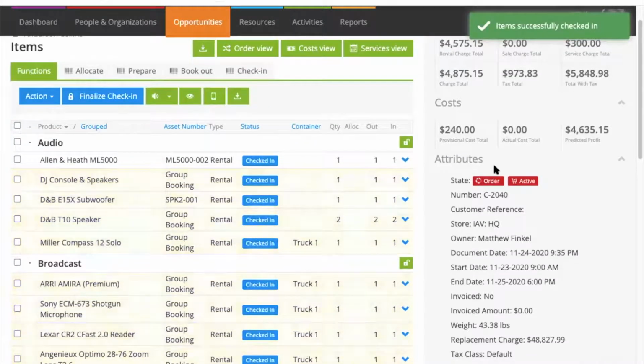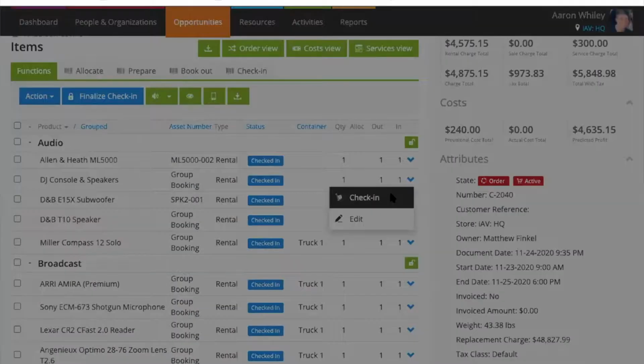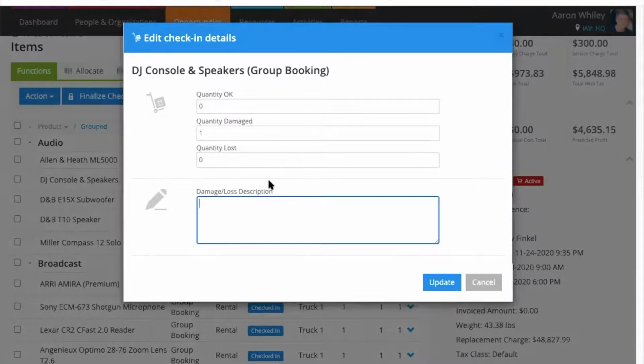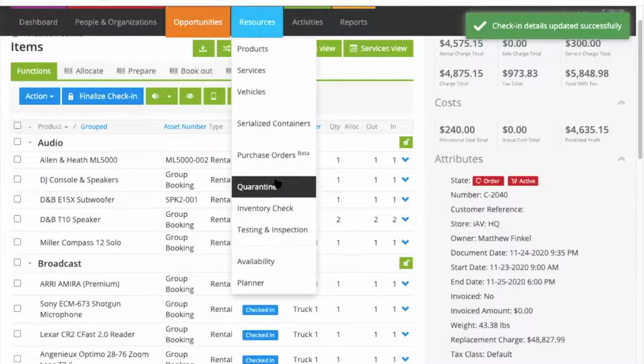And from this view, you can actually check things in as damaged or lost as well. So say, for example, this particular DJ console and speakers was damaged. We can just click into that using the blue arrow and individually check it in. So within here, we can say, actually, this wasn't okay. This was damaged. And you can leave a damage or loss description there as well. So that just informs everyone exactly what happened to that product. And when we update that, that will then pick up that particular product and move it over to our quarantine